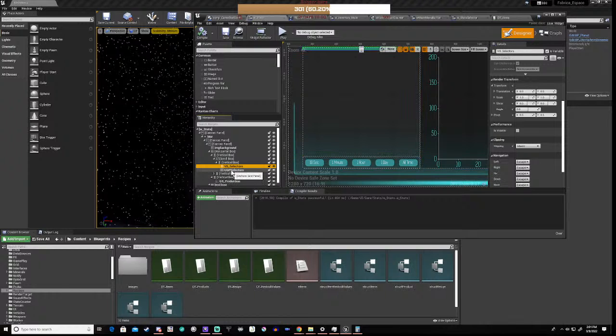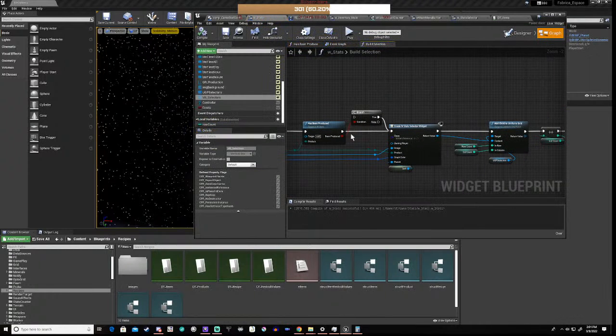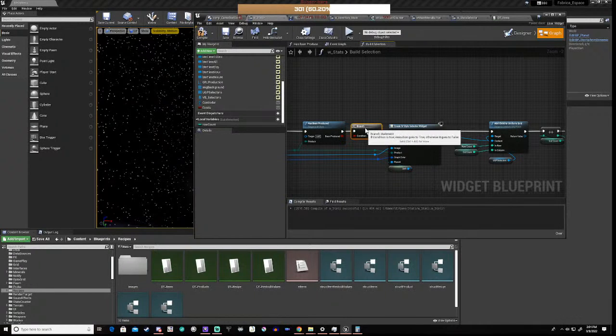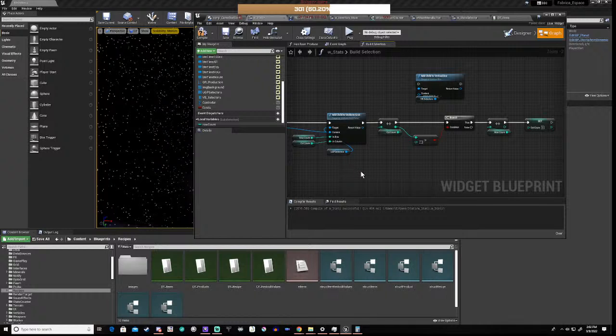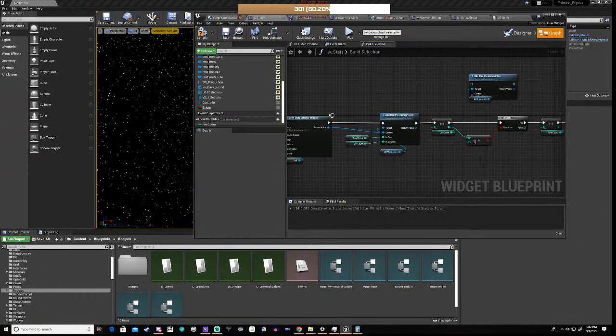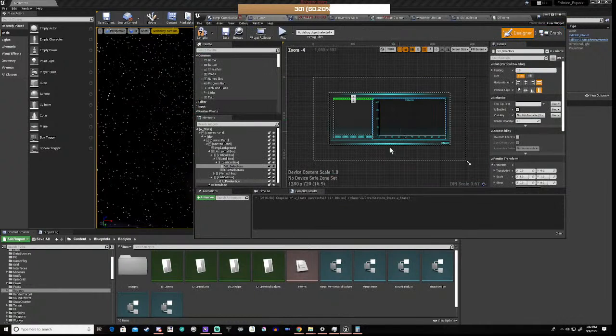Okay, because I've now put the selectors into a uniform grid. So I have done the code for that. Now we need to place this back in. And as you can see, I've done the row count stuff for the uniform grid. Now, with that in mind, as I said, I have done these buttons